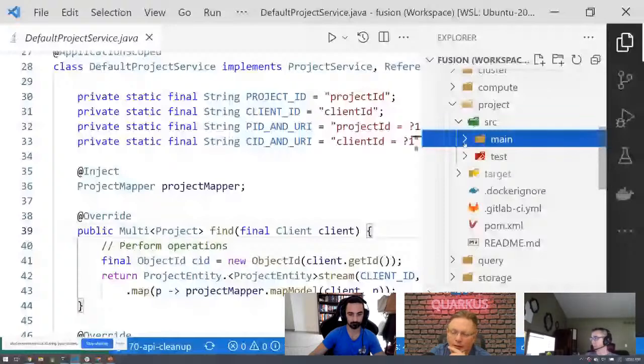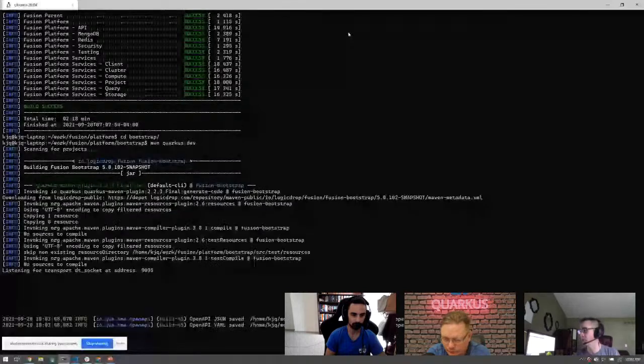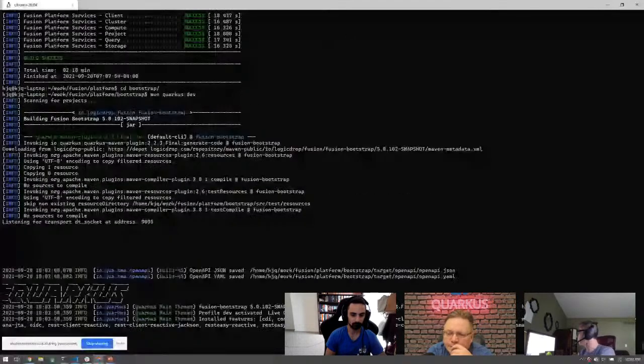Cool. And the way you guys do development locally, it's just you run Quarkus dev and that's it? Or we run Quarkus dev, but then we took it a step further, and this is pretty cool. We have a shortcut within each of our services, or within each of our groups, because we can do a mono repository style where each service is in there but deployed individually, or we can do an individual service style. But what we do is we create a bootstrap.